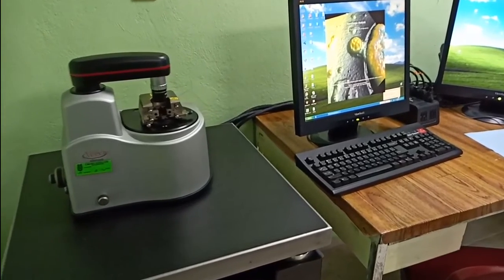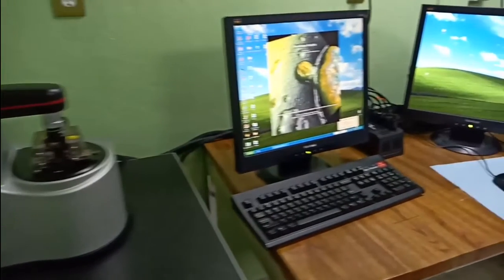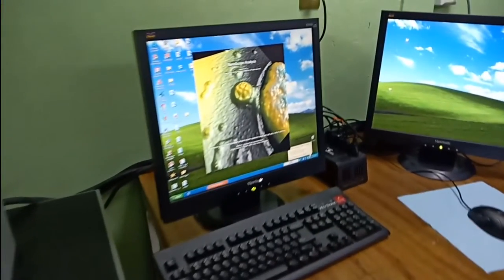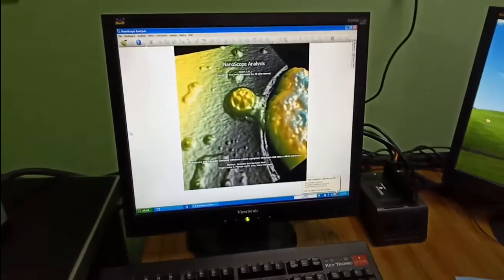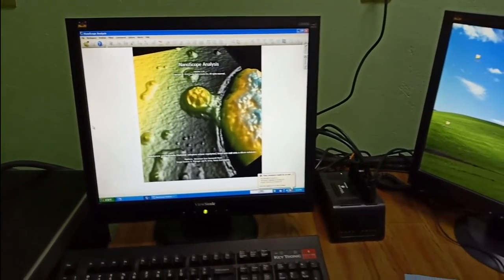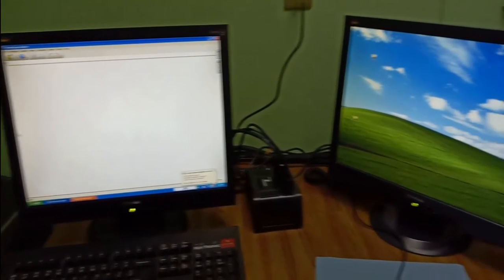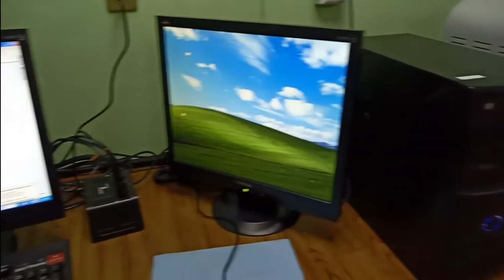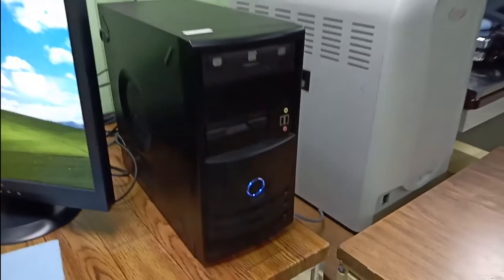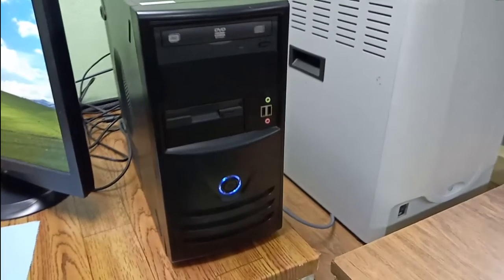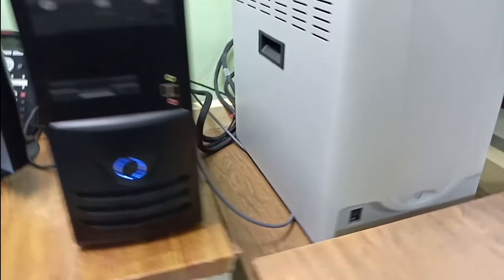that is called Nanoscope. That is the software that we use to edit and to obtain different information for the sample. After a few seconds, the Nanoscope starts. We took the image of the sample that we used before, and in this part of the video I only show that this is the main power of the AFM. This is the CPU, but this is the